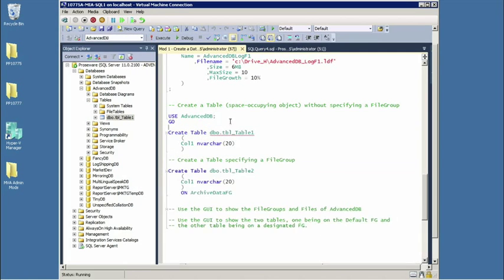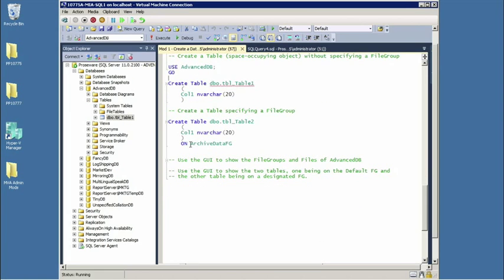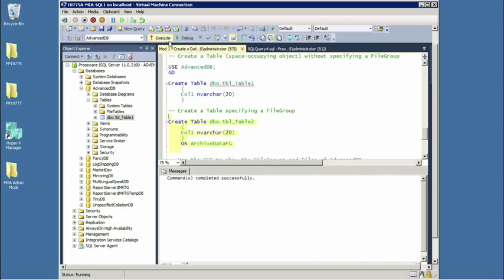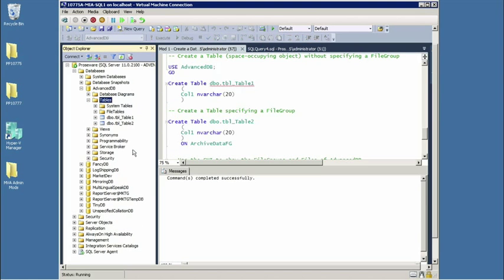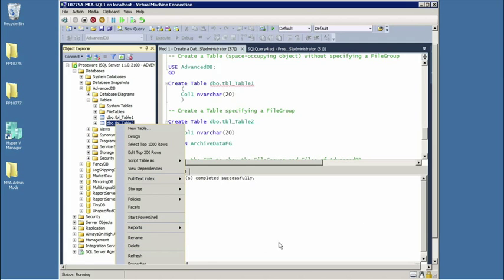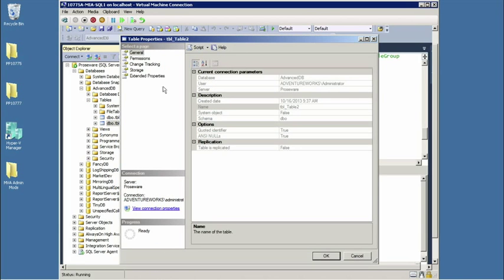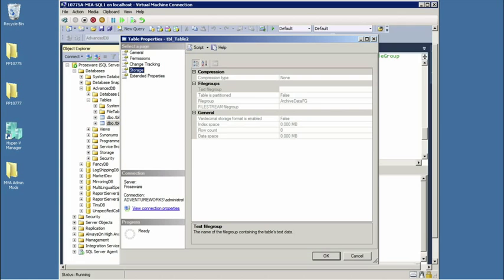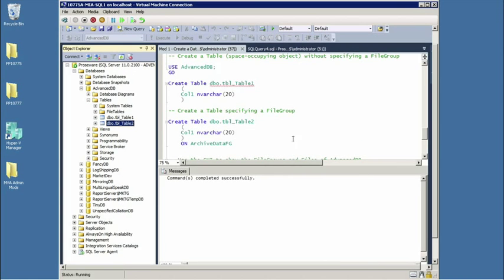Okay. This time around, I'm going to designate the particular file group that it goes on, and I have a rule of thumb I tell my students often. SQL Server doesn't do what you want it to do, it does what you tell it to do. Okay. And if I told it to go on a particular file group, well, guess what? It went there. It did exactly that. So there we go. Awesome.